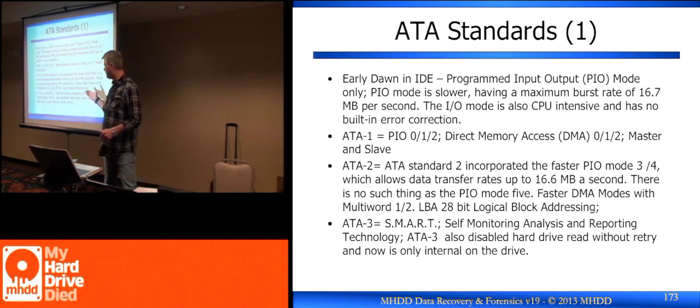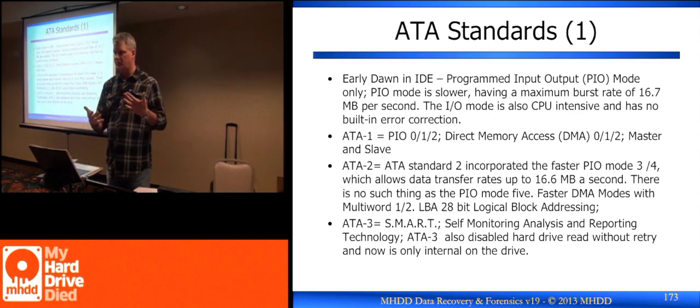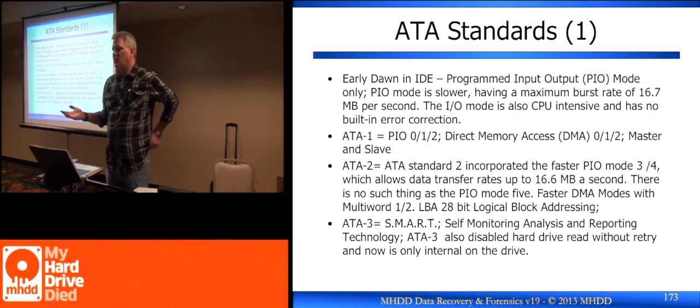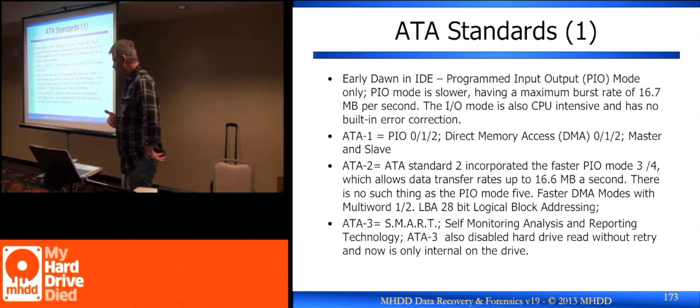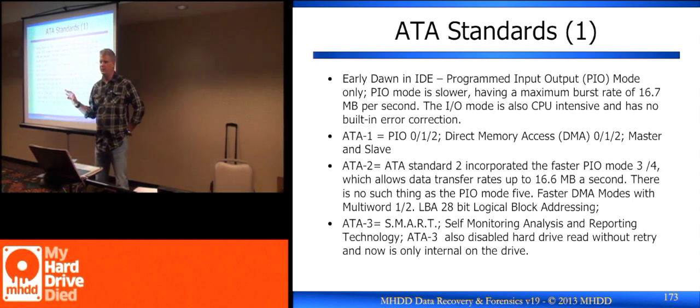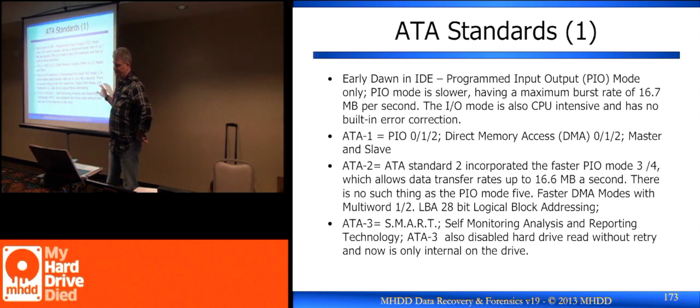When we finally get to a spot where we're saying, well, let's get rid of this, again, there were 4 different modes, so I don't want to cover all 4 of those, because there were segments where from 504 megs up to 4 gigs and then up to 8 gigs that we could communicate in different ways. Once we passed 8 gigs, we had a problem in the fact that we couldn't address the space that we were looking for. So the ATA Command Committee decides, well, what we're going to do is we're going to switch to a new method of communicating to our drives, and it's called logical block addressing.